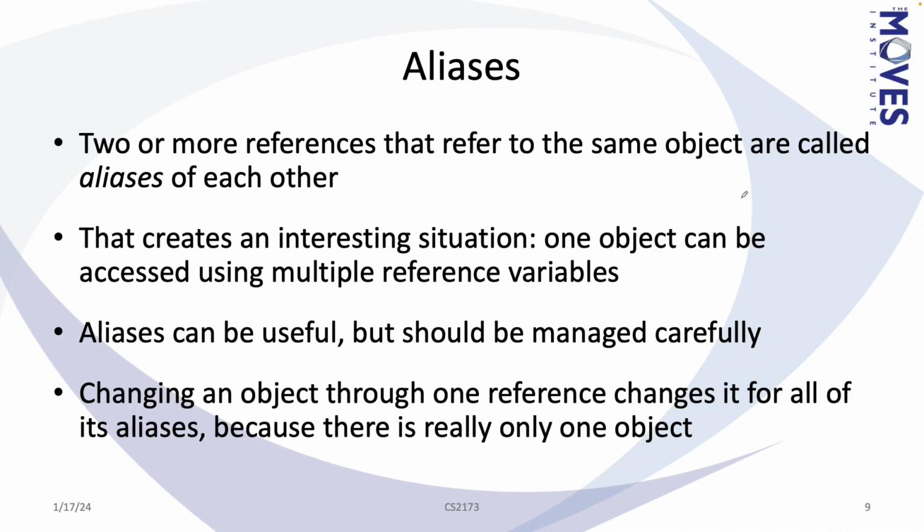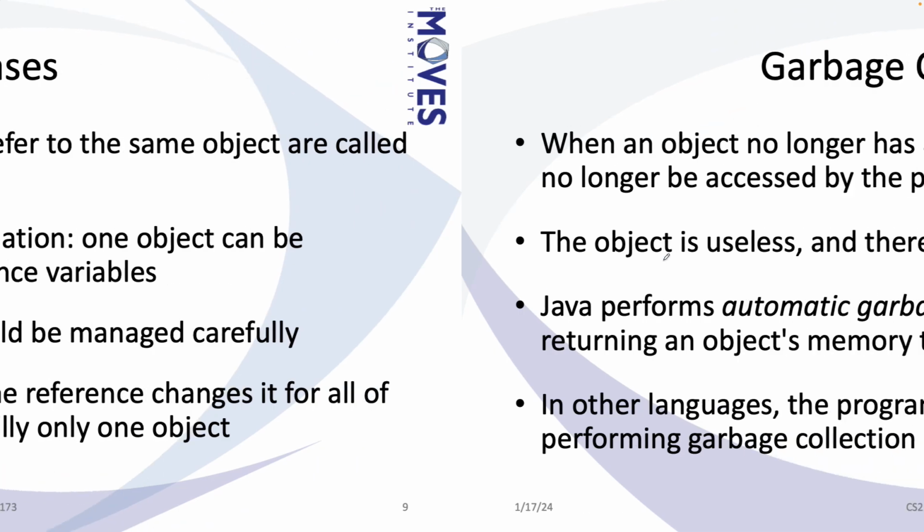Basically, they became aliases, meaning that I have two variables and they're actually referring to exactly the same object. And so the situation which I just illustrated is that there was one object there, that one array, but it was accessed using two different variables. And if I did something to one, in that case it changed the internal state of both of them because it was referring to the same one. So you have to be very careful with that because it can produce some weird stuff.